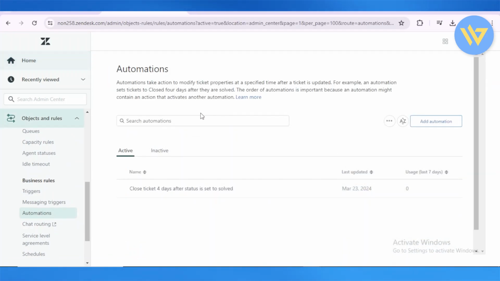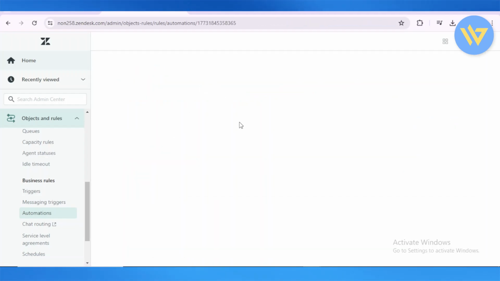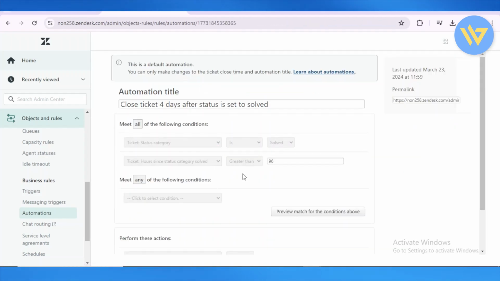Now, once you're here in the automations section, you're going to click on close ticket 4 days after status is set to be solved. So in that case, a ticket is only allowed to be open for 4 days. This is the automatic automation that's already been here. So to close the ticket 4 days after status is set to be solved, you'll need to meet all of